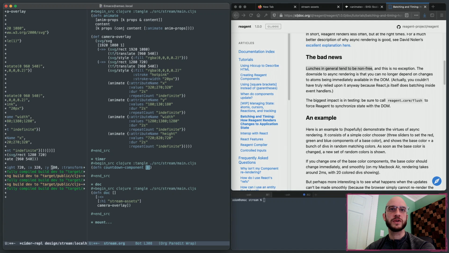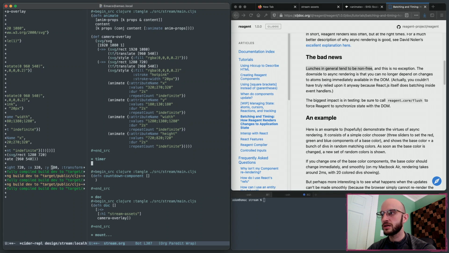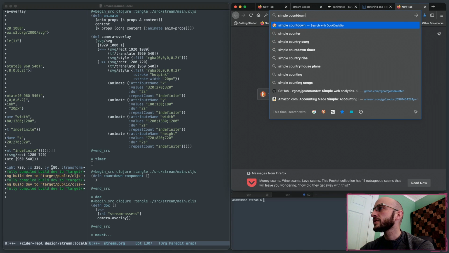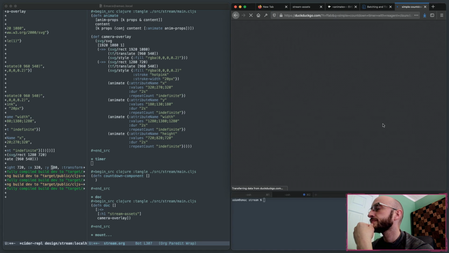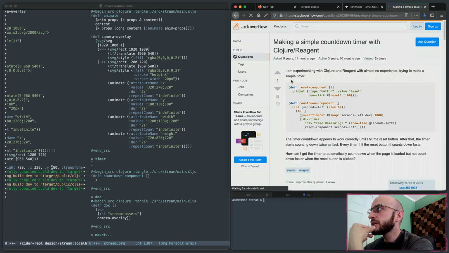Oh, there's also a Stack Overflow there. Nice. Actually, let me search: simple countdown timer with reagent Clojure. That might, oops. Let's get rid of this. There you go, that's the one. Now I can